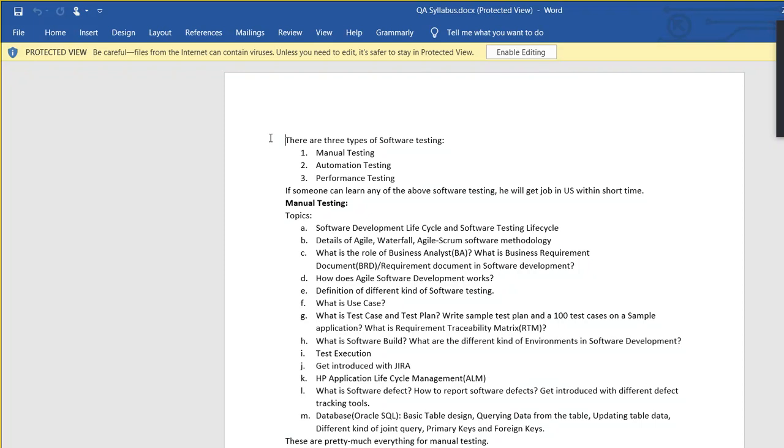Now what does an automation tester, an automation test engineer, do? Manual testers do their job manually, but automation testers write programs using a computer programming language to do what people do by manually clicking. They do it in a programmatic way. It will be clicking automatically, okay?